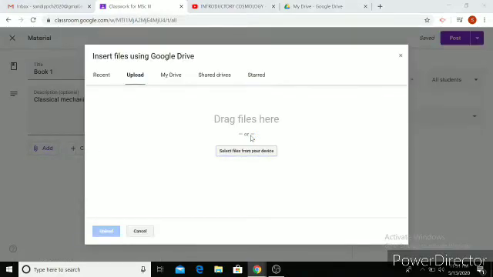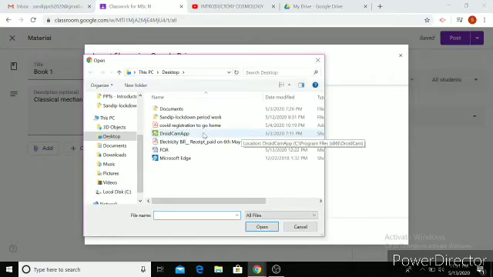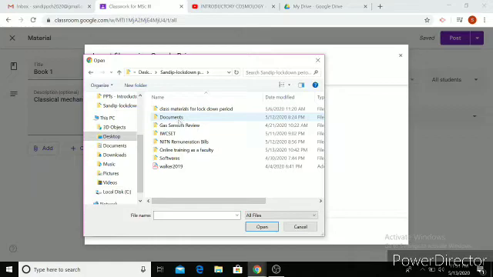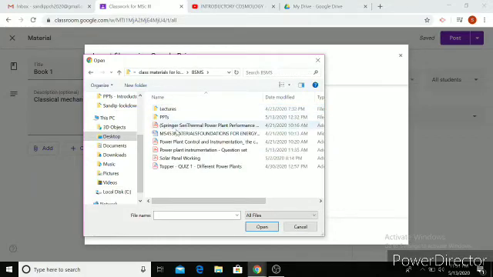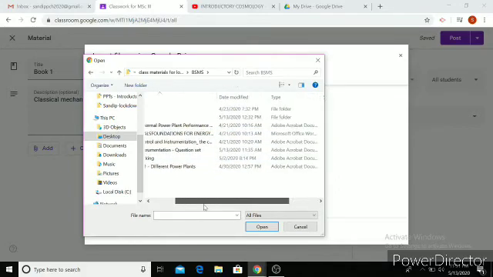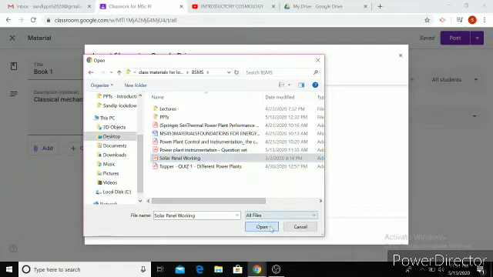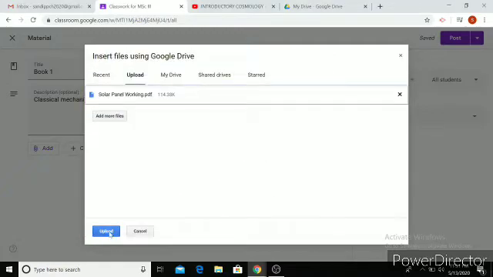What I can do is I can select the book from here. So let me not upload my electricity bill. I have some books here. So I do have a book here. Let me just put something which is smaller in size so that it uploads very fast. So let's say this is the book I want to upload, or this is the content that I want to upload. I'll go and then I'll basically just upload this content.